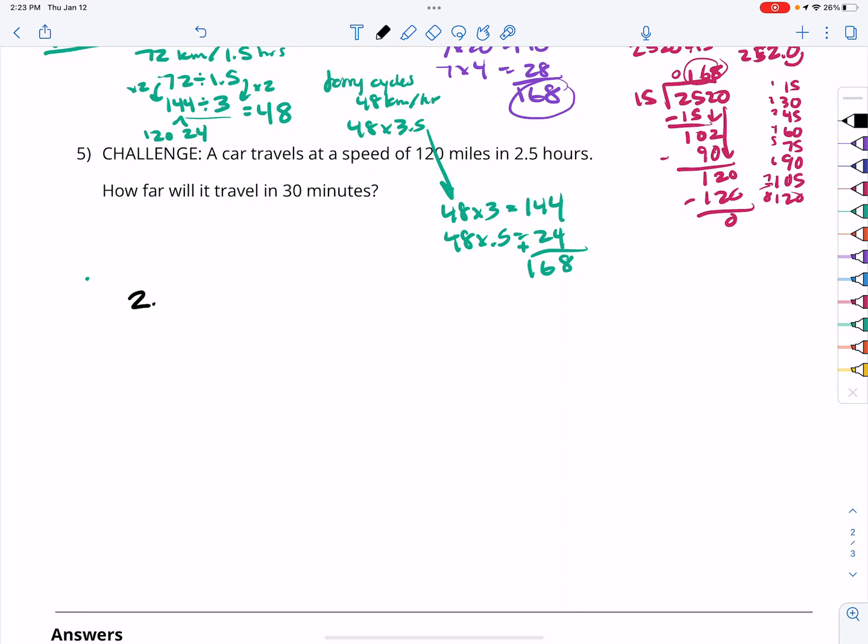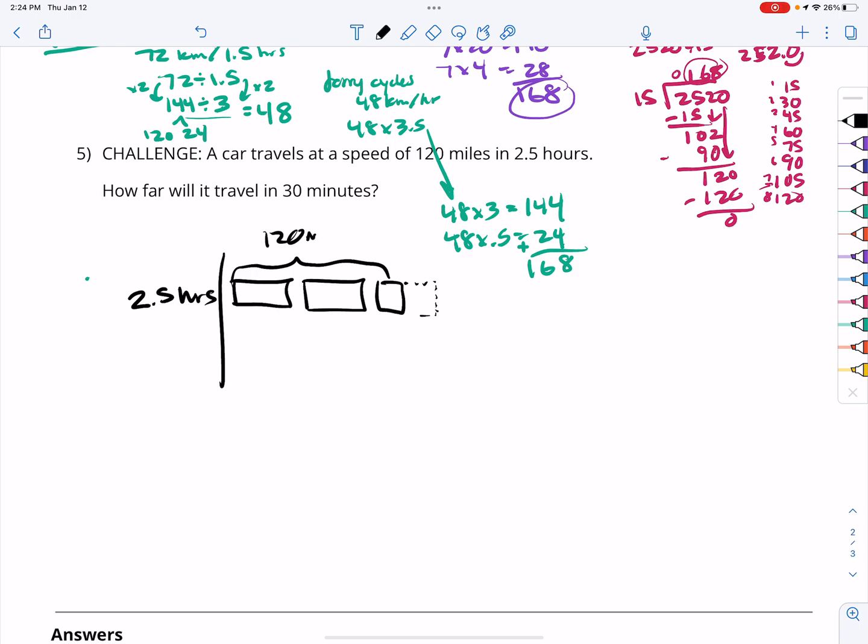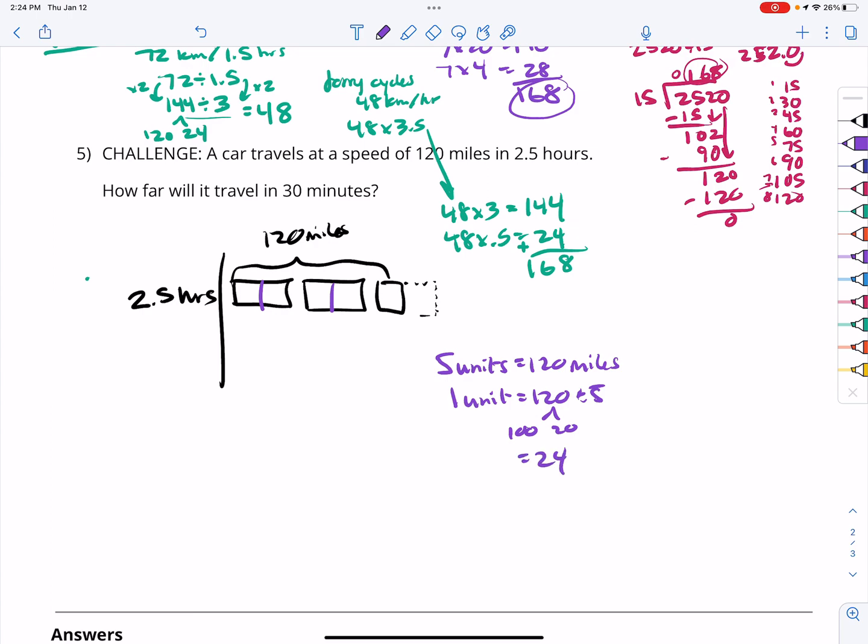So let's look. We have 2.5 hours. And so here's 1 hour, here's 2 hours, there's half of the next one. And this is 120 miles. So I'm going to chop these in half, because that means I have 5 units is 120 miles. So 1 unit is going to equal 120 divided by 5. And 120 divided by 5 is 24. So if 1 unit is 24,